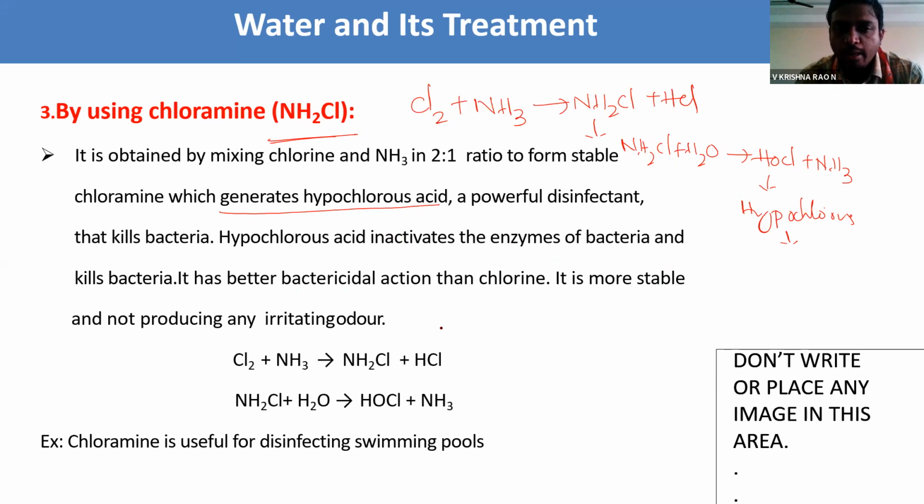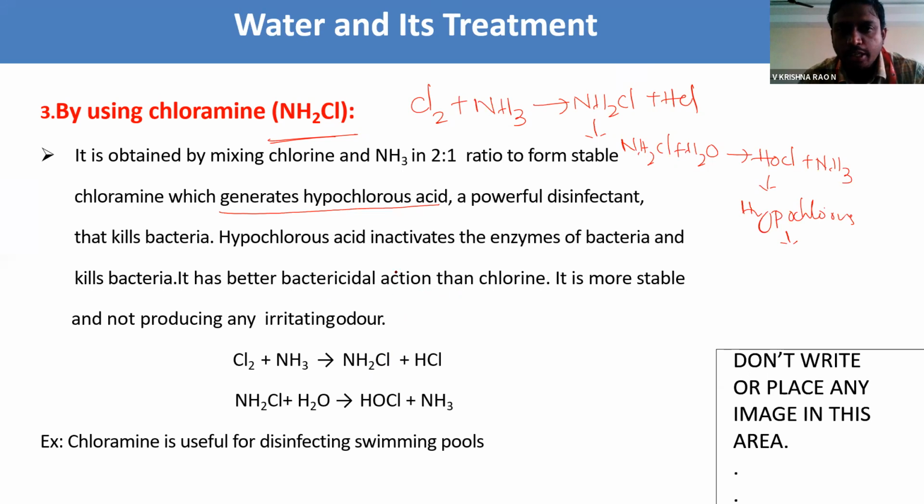It has better bactericidal action than chlorine. It is more stable and does not produce any irritating odor. So hypochlorous acid is a more stable form than chlorine. This is the preparation: chlorine reacts with ammonia and forms